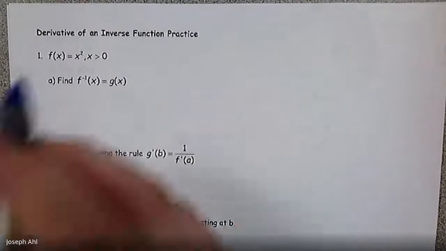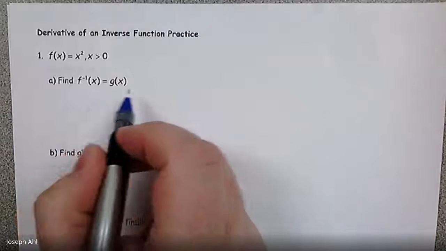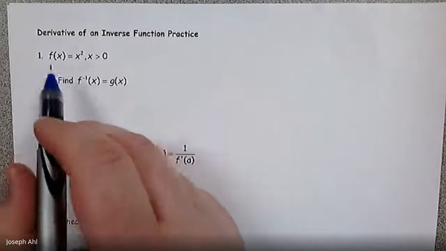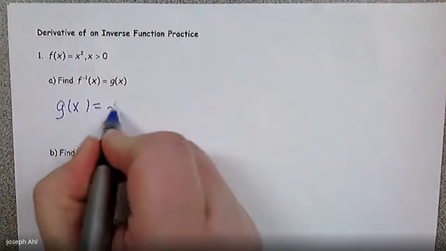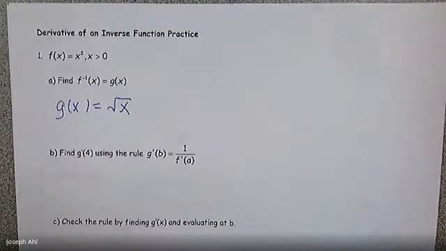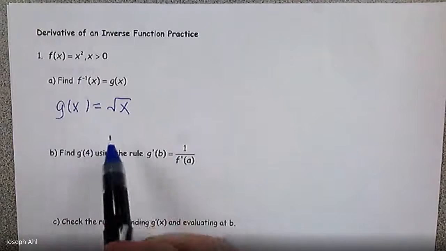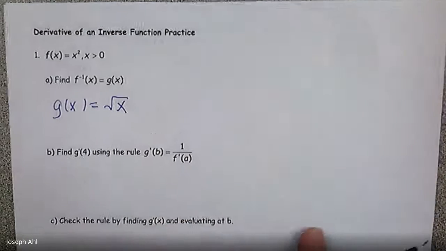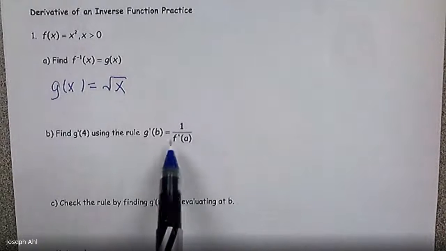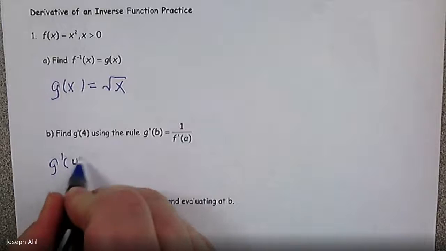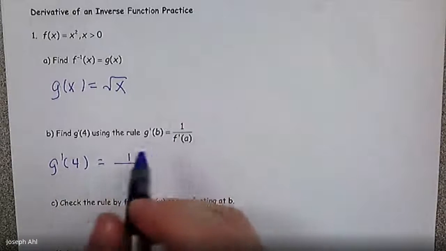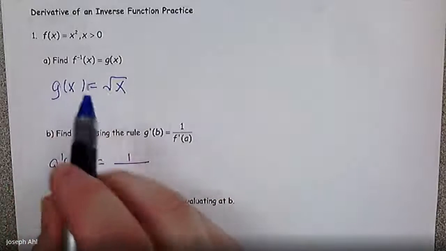So we know that in order to find the inverse g of x, we would switch x and y, solve for y again. But since we've already done this for x squared, we know that the function g of x is equal to radical x for number 1. And what I want us to do is figure out what is g prime of 4 using the rule that g prime of b is equal to 1 over f prime of a. So to find g prime of 4, since g is the inverse function here, we want to figure out, well,